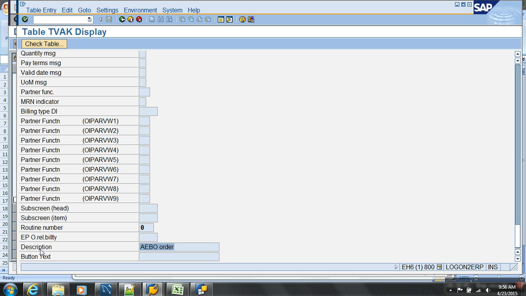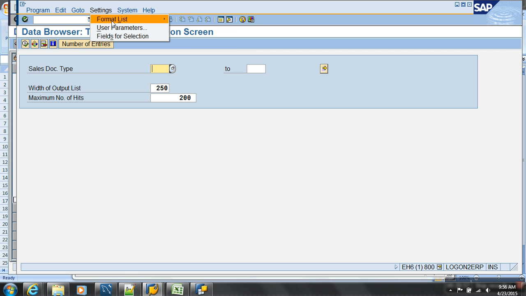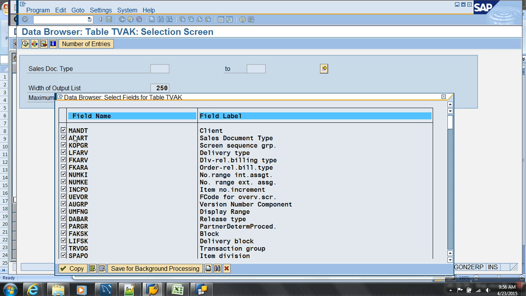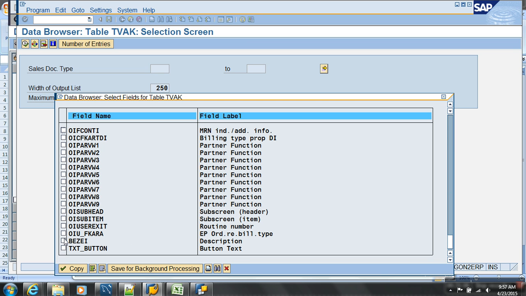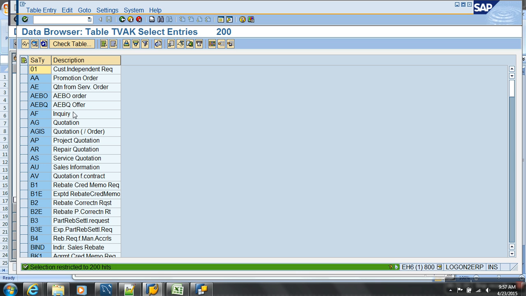So from this table I would like to extract, right? So now with this, I found out that there is a table called TVAK which is giving me the description, but I don't need all the columns. Deselect all. I want to select AUART and the description field. So can I extract these two sets of columns from this table, and that is going to be my description. TVAK.